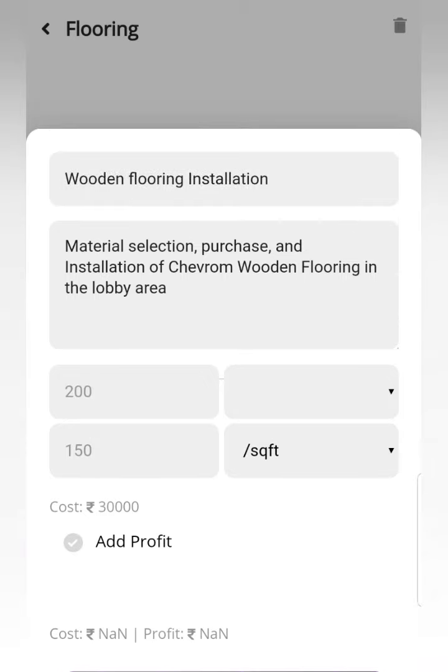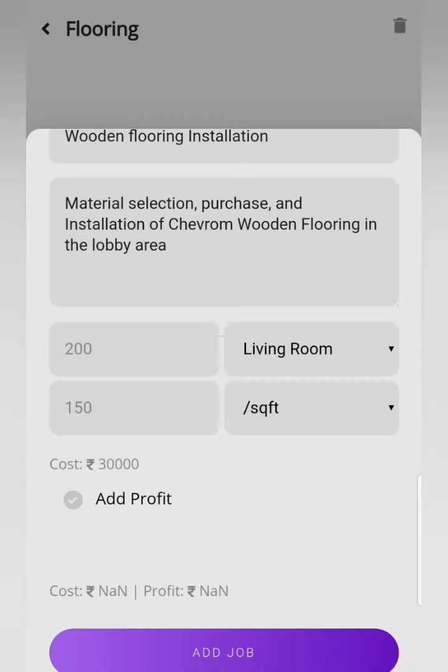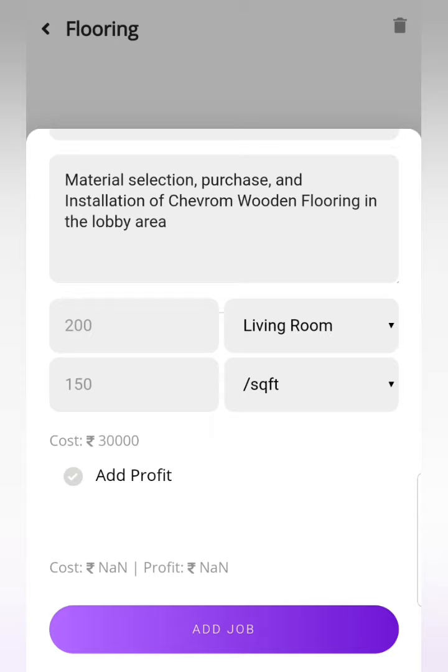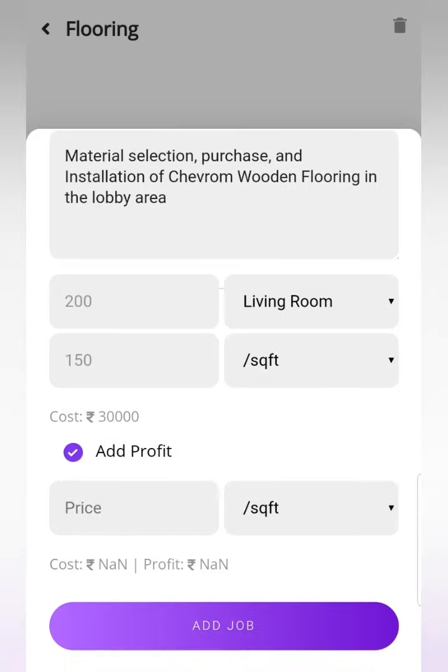So these details will be there when we download this estimate as a proposal in PDF. We select the area of this very job. So we can see the cost of this job is 30,000 for now. If you're working on a turnkey project, you'll be adding profits inside individual jobs. So when you click on this add profit button and we select it, we'll be able to add a pricing